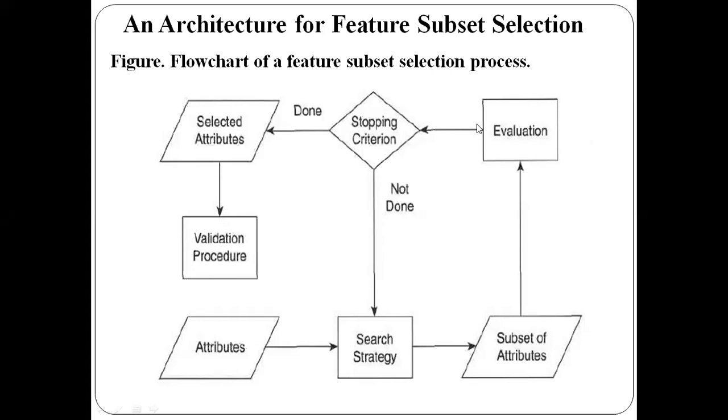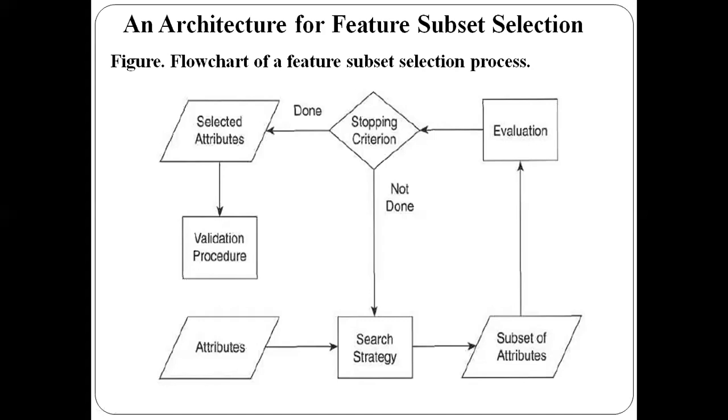Okay, so these are the different strategies which we can use in the stopping criteria. Once you choose this, you will have the selected attributes. Out of the subset of attributes, you will use the stopping criteria and you will get this subset of attributes here. Again, some of the attributes you will be selecting. Now the selected attributes must be validated here.